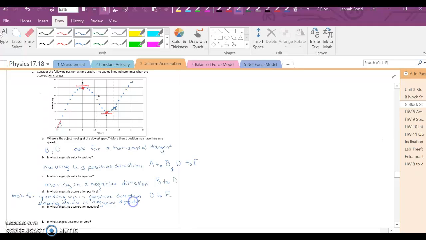And on this graph, I'm looking for something moving in the negative direction with the slope starting steeper and getting less steep. And the only range where I see the slopes getting less steep in the negative direction is from C to D. Okay, question E is asking, in what ranges is acceleration negative? So here I want to look for slowing down in the positive direction,